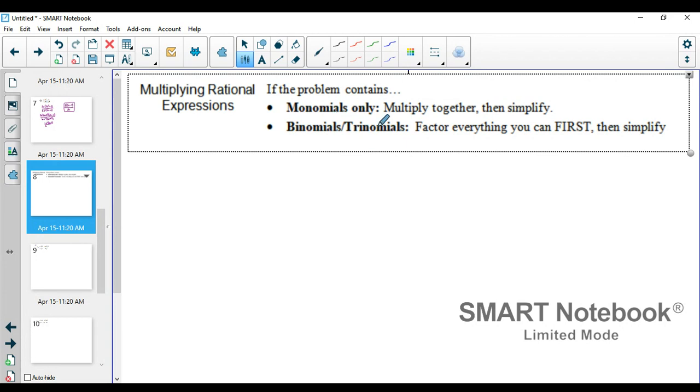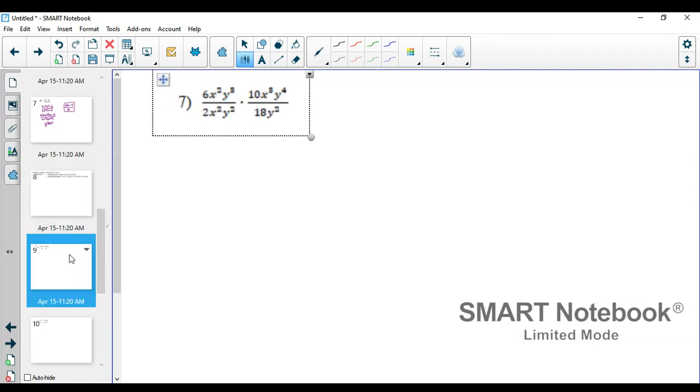But if there are binomials and trinomials being multiplied, you have to factor everything first and then simplify. So let's go to our first example. So we have 6x squared y cubed over 2x squared y squared times 10x cubed y to the fourth over 18y squared. All right, we'll deal with the variables and everything in a minute, but let's talk about simplifying some